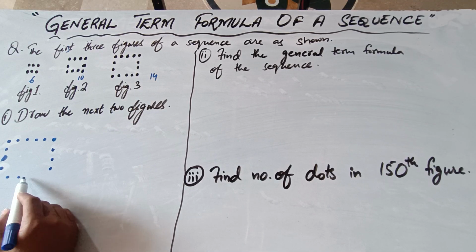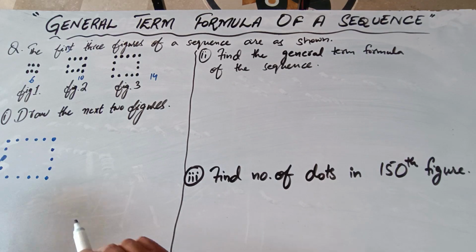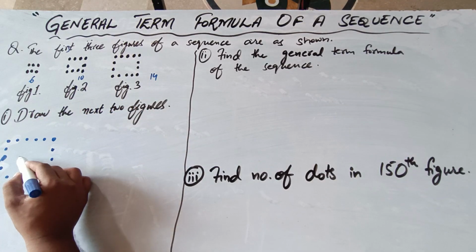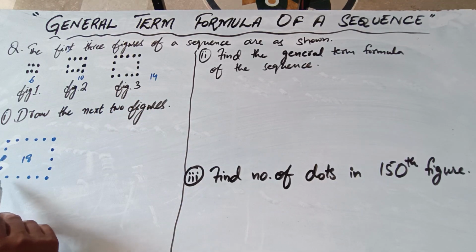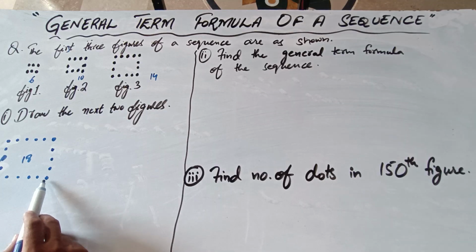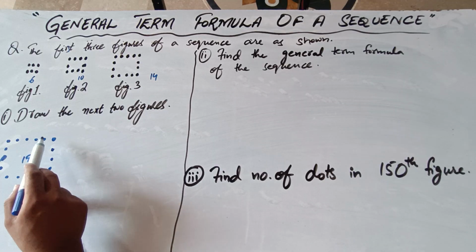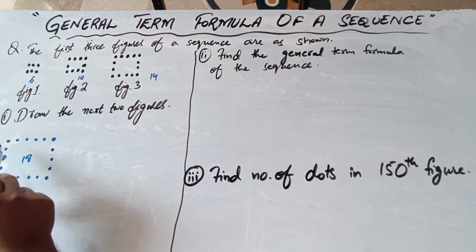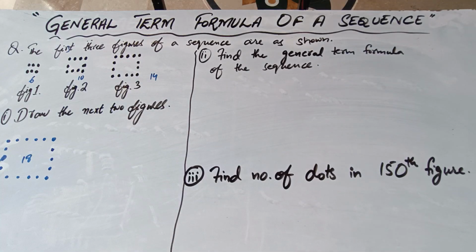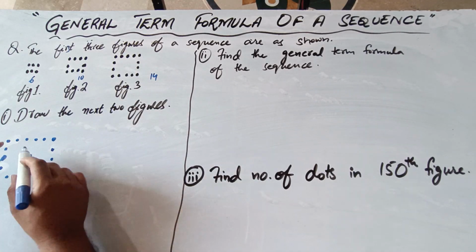1, 2, 3, 4, 5, 6. Now how many dots must be there? There must be 18 dots in this figure. 1, 2, 3, 4, 5, 6, 7, 8, 9, 10, 11, 12, 13, 14, 15, 16, 17, 18. So this is the next figure, and then after this one,